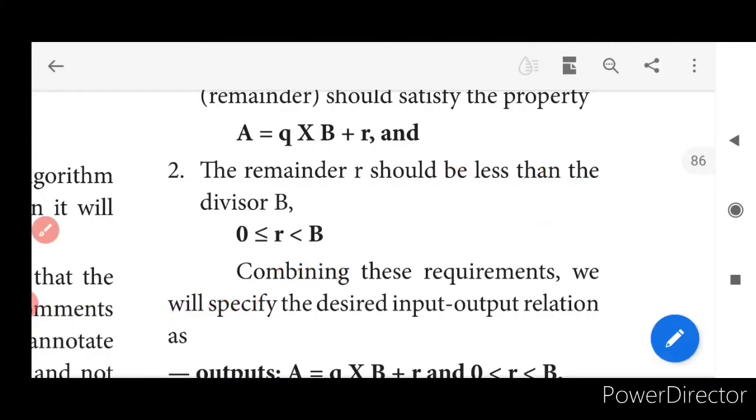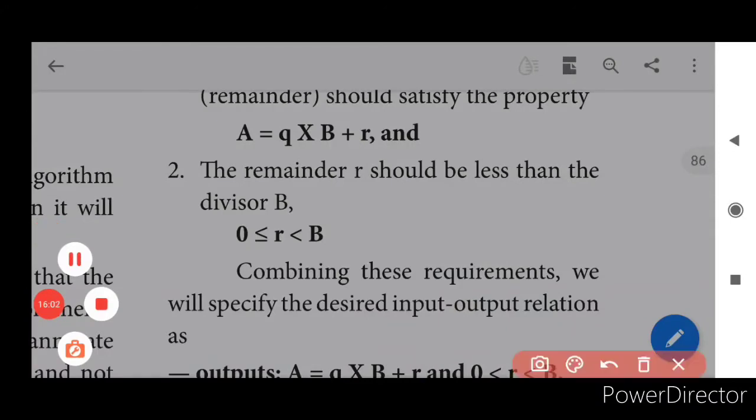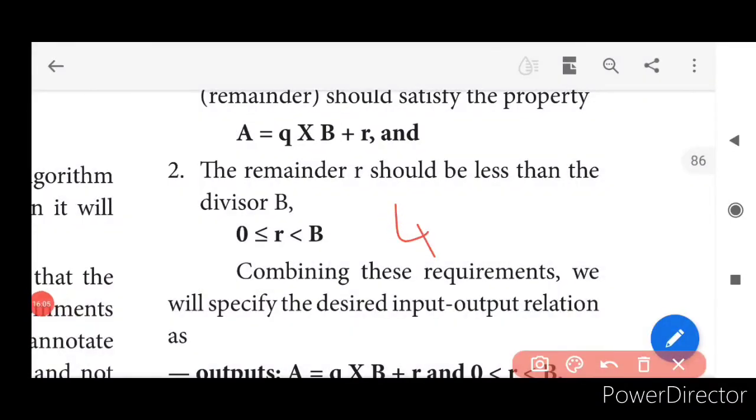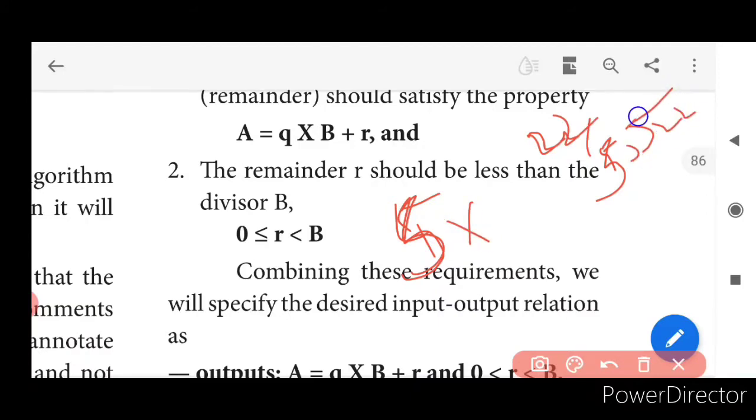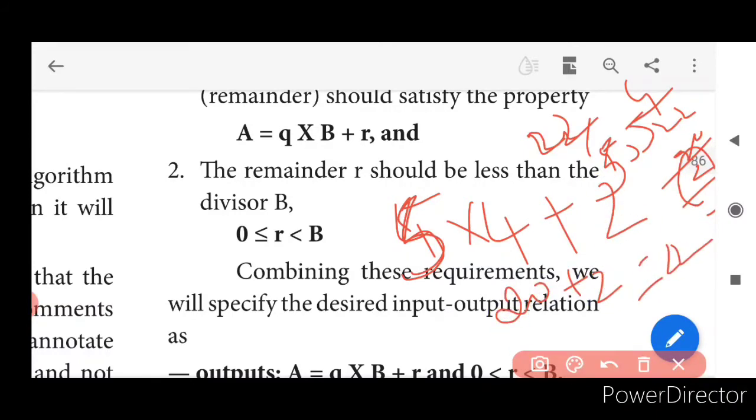So what is the b value now? 22 divided by 5. So b is my 5. This is what I am going to do. Let us consider it like this. So b is going to be 5 into, what will be the quotient that I get for this? 5 4s are 20, so 4, plus, what will be the remainder that I got? 2. 5 4s are 20 plus 2, it is going to be 22. This is the formula that is actually there for this a.